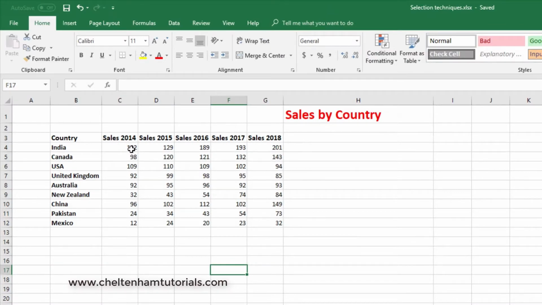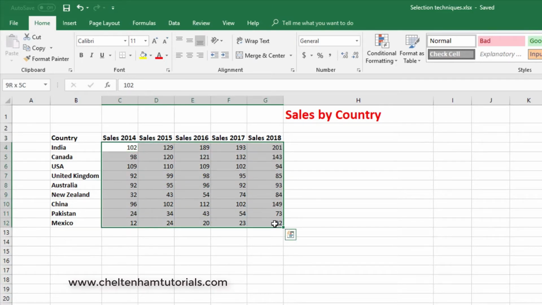Let's say you wanted to select a block of data. So let's say I wanted to select everything from cell C4 all the way down to cell G12. So basically I want to select all of these numbers. How do I do that? I could click on the first item here, which is cell C4. I then press the Shift key down and click on the last item in the block, and there you are,